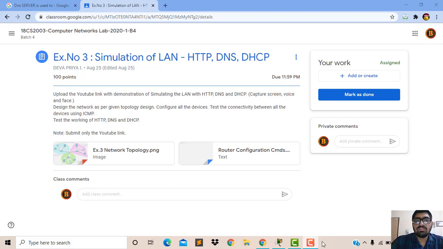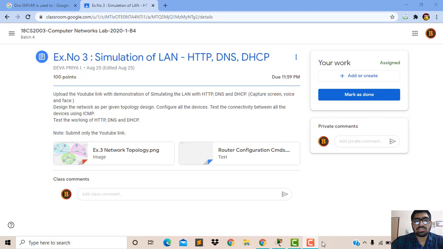For example, when a laptop or PC is connected to the DHCP server, it automatically gets its IP address from the DHCP.